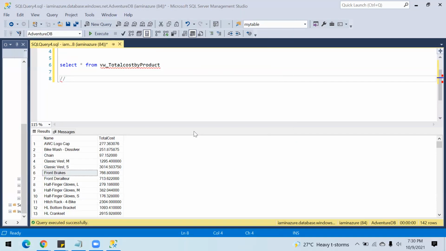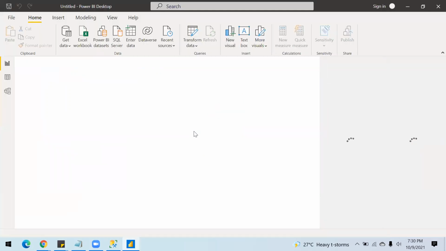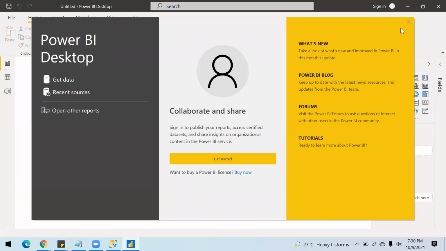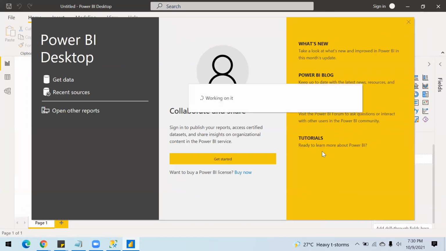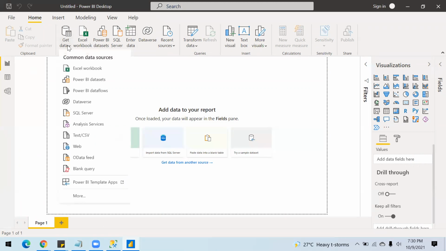And once you have all those visualizations, or else the tables, all those in your Power BI, you can just publish it to Power BI service, which is a SaaS service again. So when you install the Power BI desktop, this is how it looks. So you can import data from different sources. So to get data to start with, you need to get your data here. So get data. So here you have different options.